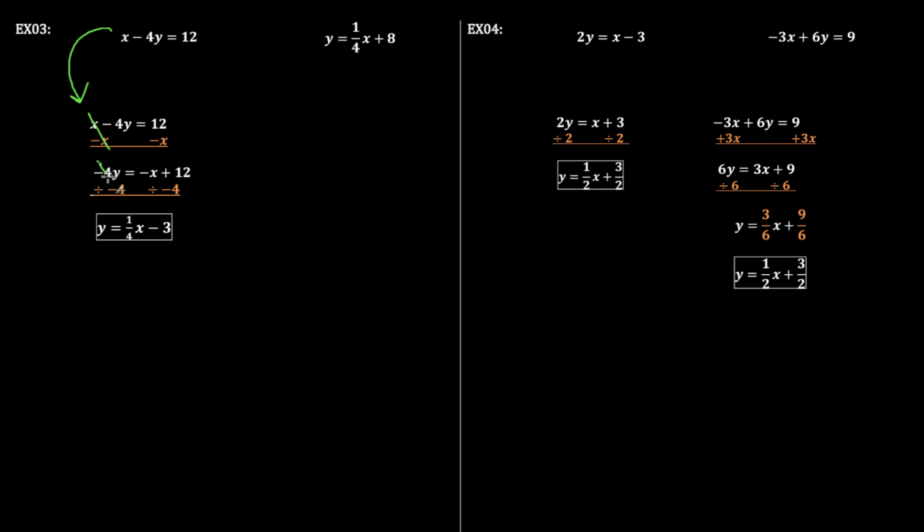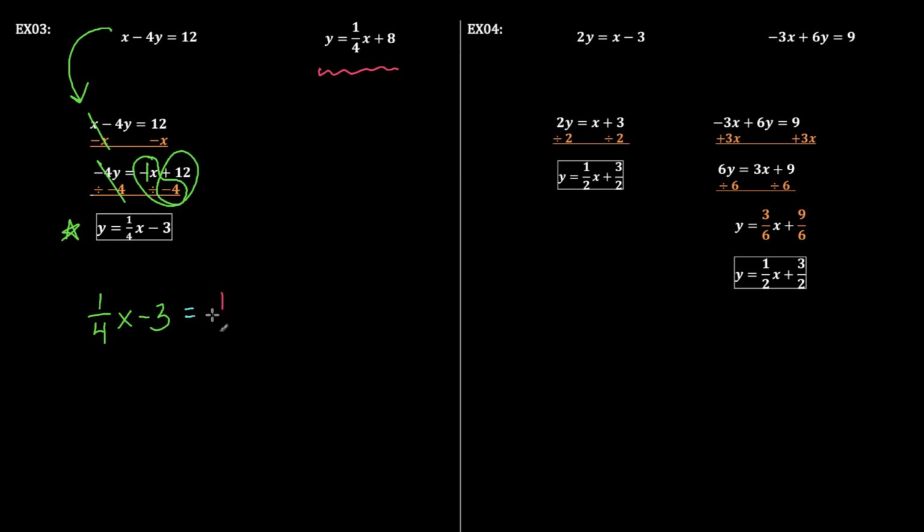Then I divided by negative 4 on both sides. So negative 1x divided by negative 4: a negative divided by a negative is positive, 1/4. This one, the positive divided by a negative, is a negative, and then 3. And like I said, the second equation was good to go. So I will set it up: 1/4 x minus 3, and we'll put equals